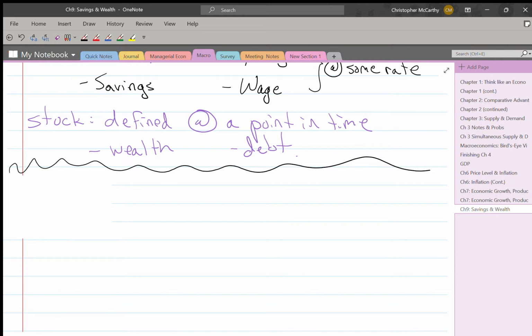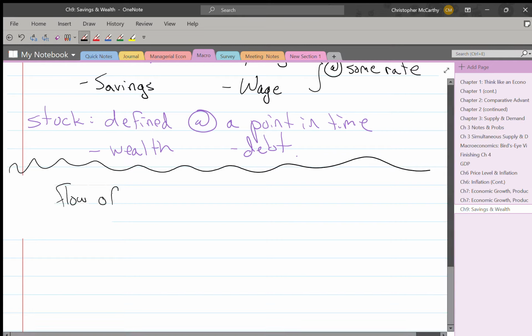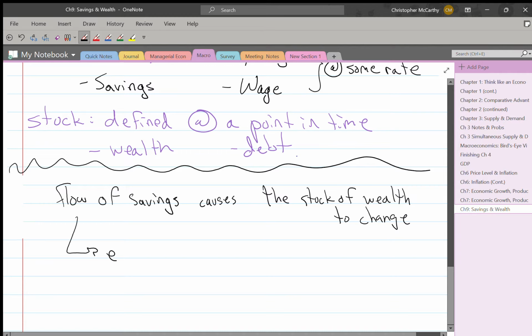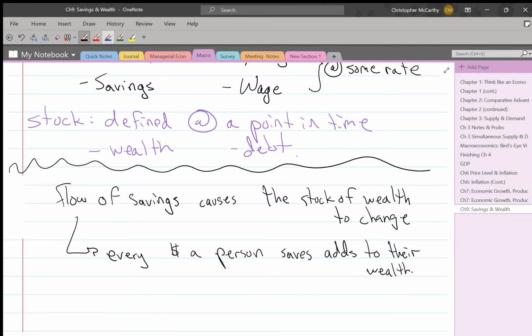So we know that the flow of savings causes the stock of wealth to change. So said another way, every dollar a person saves adds to their, I'll use gendered pronouns here, wealth. A penny saved is a penny earned, right? A high savings rate today